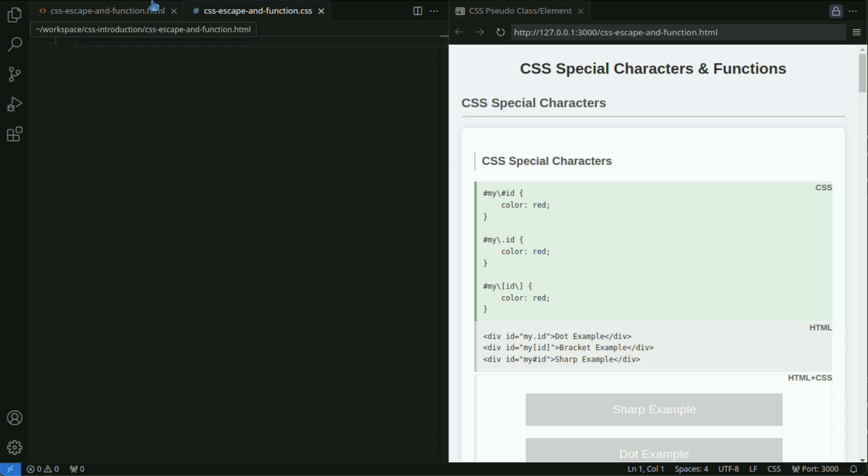CSS escaping is a mechanism to escape certain characters or Unicode so that they can be used in selectors following specific syntactic rules. For example, when HTML element IDs or class names contain special symbols, hash, and etc., or when dealing with class names or IDs starting with numbers, escape characters are useful.